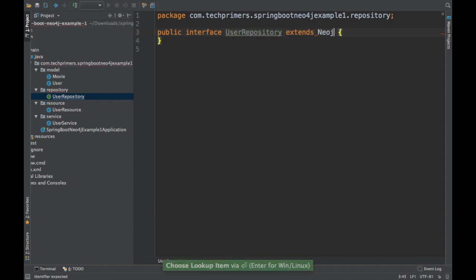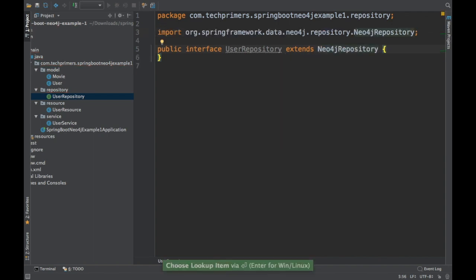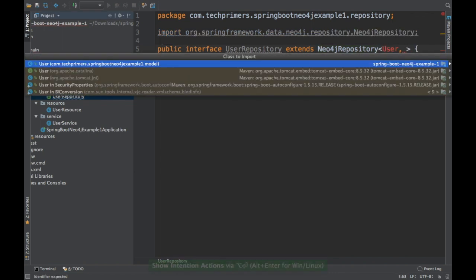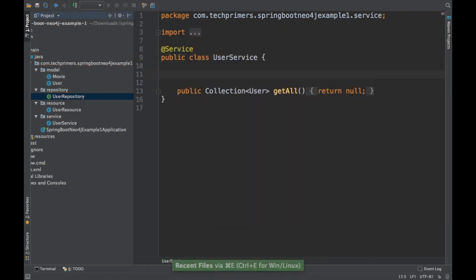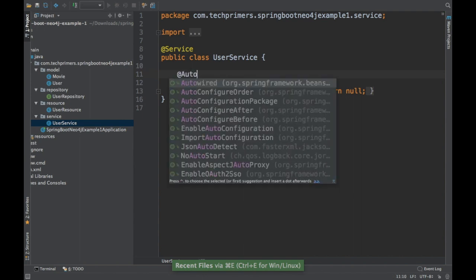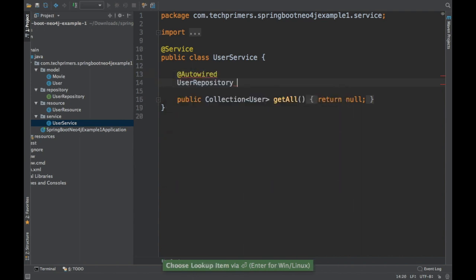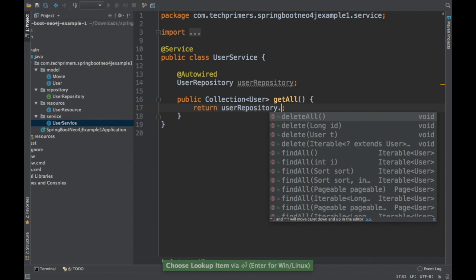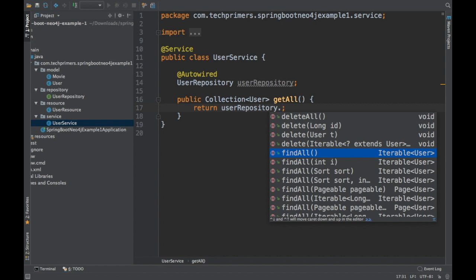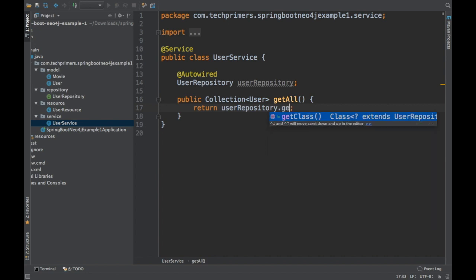I'm going to use the Neo4j repository in order to use Neo4j. Spring has created something called Neo4jRepository, and I'm going to use it. We need to provide the type of object, or the POJO, and we need to provide the primary key as always, right? So we have provided that. I'm going to autowire the UserRepository, and here I'm going to retrieve that. Here I cannot do findAll. If I do a findAll, it will be normal, but I want to create a custom query which I want to use. So for now, I'll just say getAllUsers,